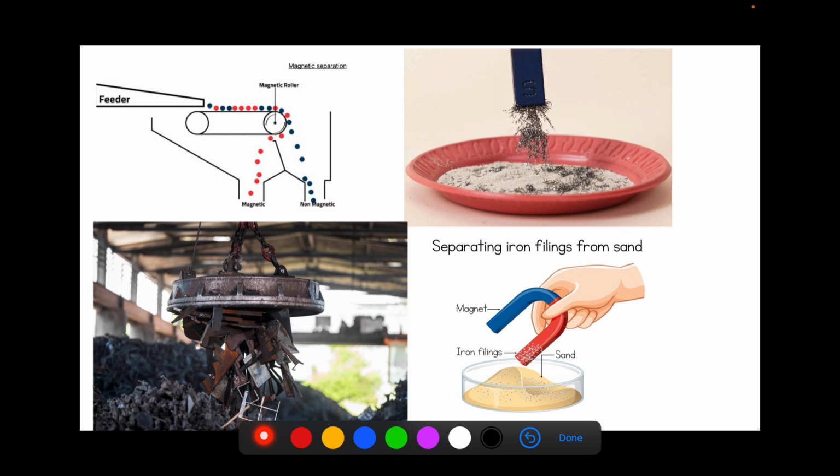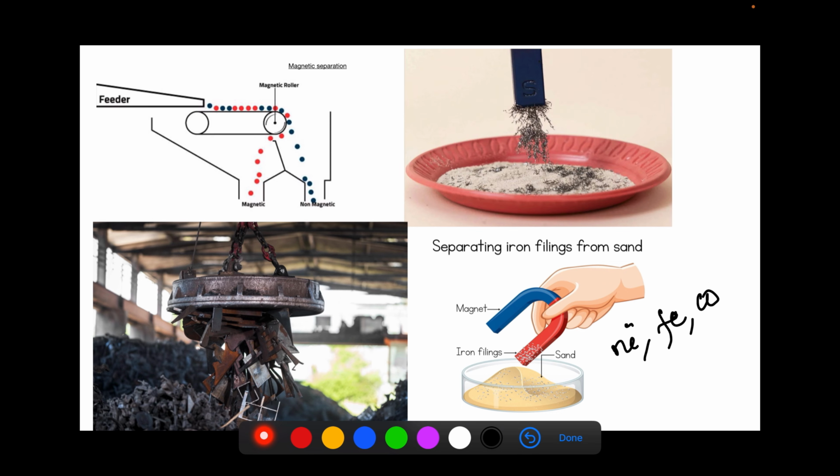There is one more method. We do not see it usually, but it helps us a lot in industrial sites, called magnetic separation. As you know, there are certain substances like nickel, cobalt, iron, etc. These substances are magnetic in nature. When they are mixed with some other non-magnetic substance like sand, gravel, pebbles, etc.,